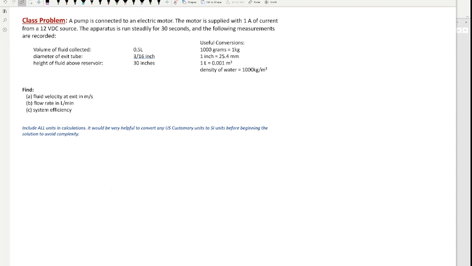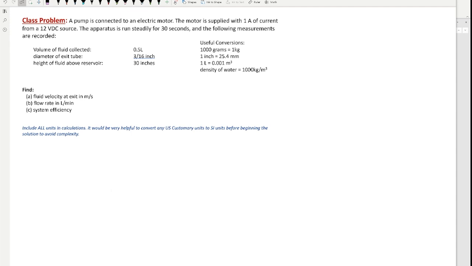We have a volume of the fluid collected at 0.5 liters. The diameter of the exit tube is 3/16 of an inch, and we have a height of the fluid above the reservoir of 30 inches. We're also given some useful conversions that we may use while we work this problem, and we're asked to find the fluid velocity at the exit in meters per second, the flow rate in liters per minute, and the system